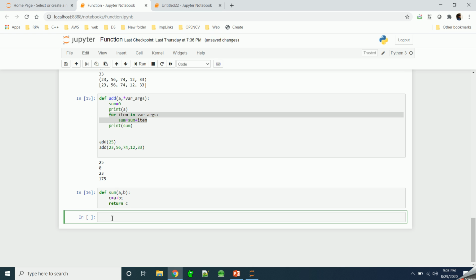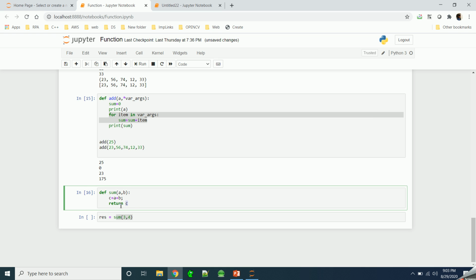Now we have defined a function. What we can do is create a variable called res, equal to sum, and call it with some values. In this case, we are calling this sum, and it will do the sum and return the result.